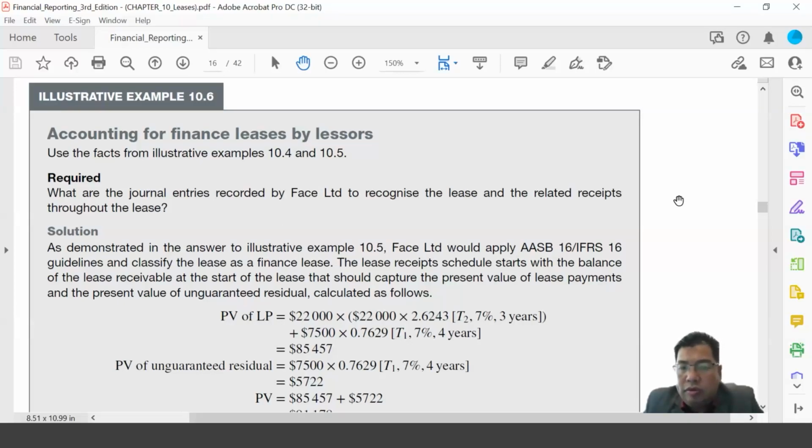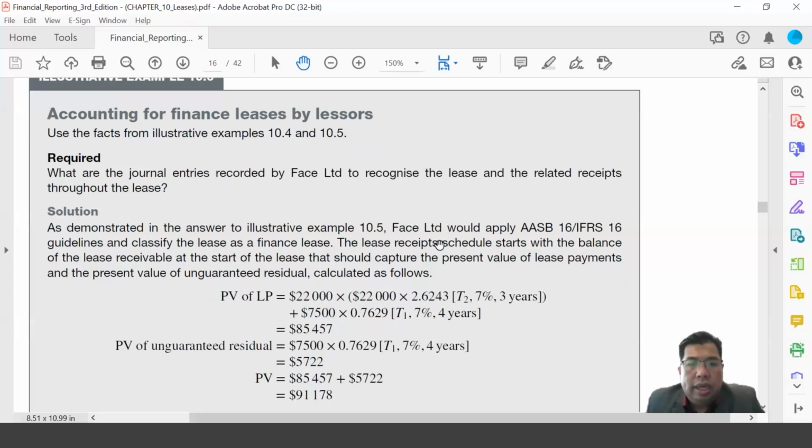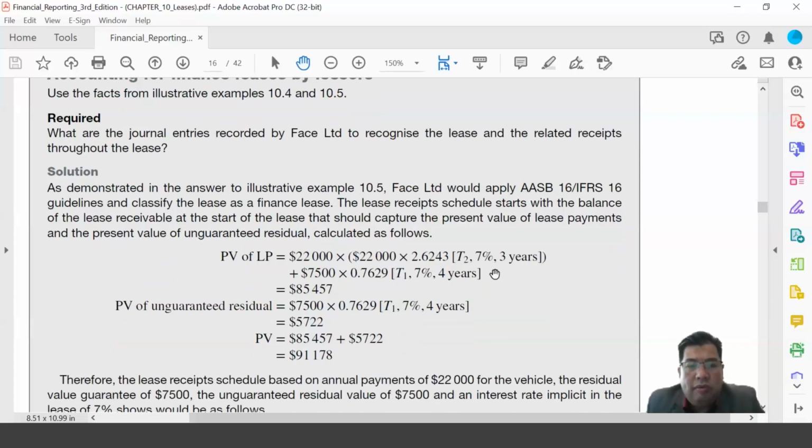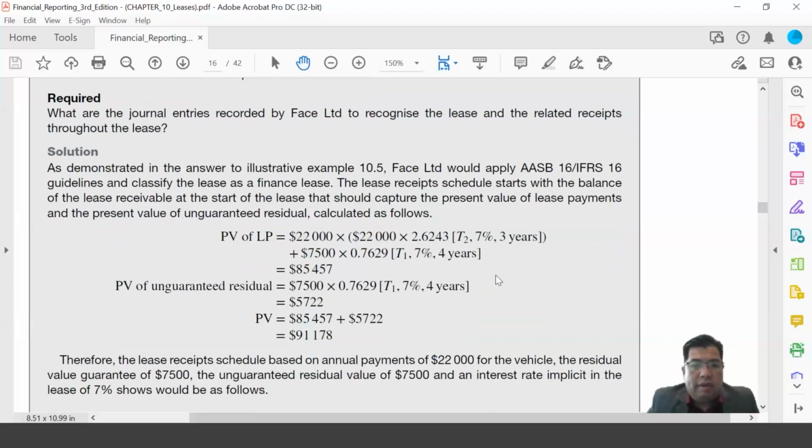So you need to remove that lease, that asset, the vehicles, from Phase's financial statement assets, and record the receivable, the lease receivable. So the lease receipt schedule starts with the balance of the lease receivable at the start of the lease. That should capture the present value of lease payment and the present value of unguaranteed residual. So from this process, you have here